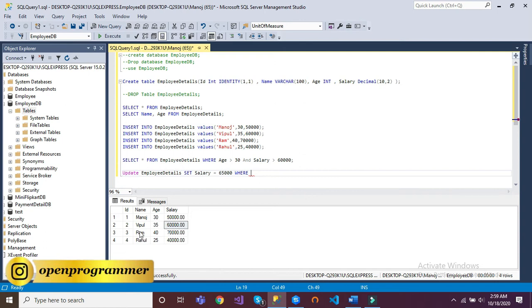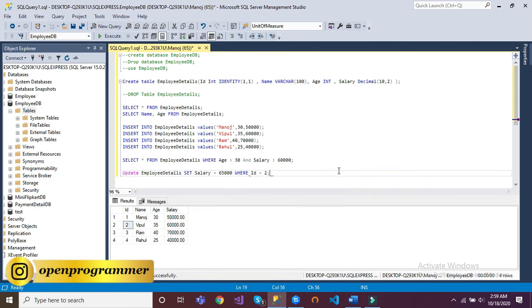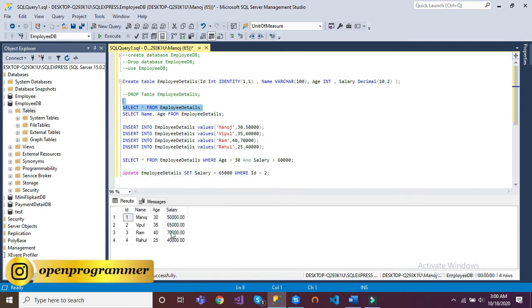In our case we are going to update this 2, where ID is equal to 2, right? Select the command, execute it, one row affected, select all the data. You can see salary became 65,000. So in this way we can update our record.